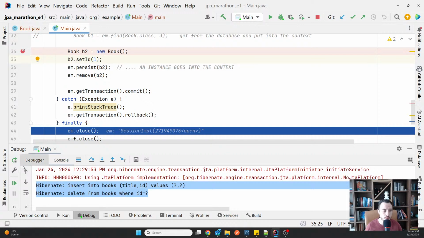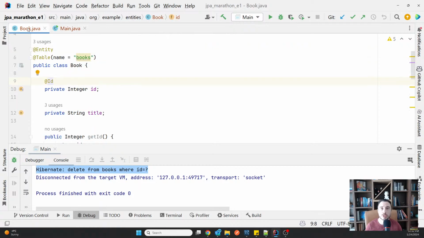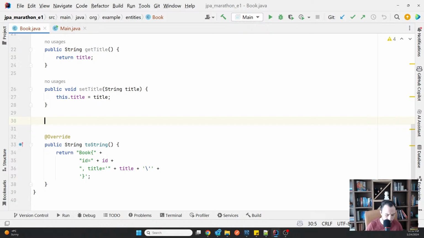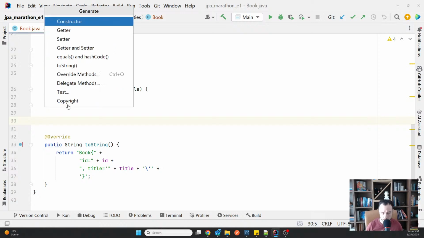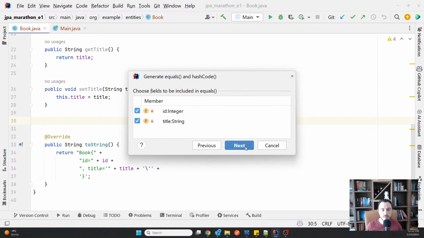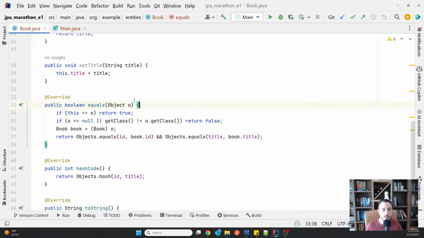But maybe it's just because I forgot to override the equals and hashCode. No, I didn't want to in this case. But there could be a lot of explanations for this. No, in this case, being an example, I didn't do that.